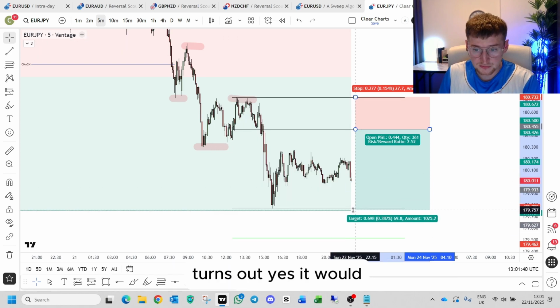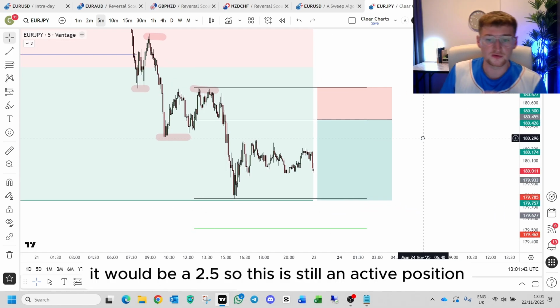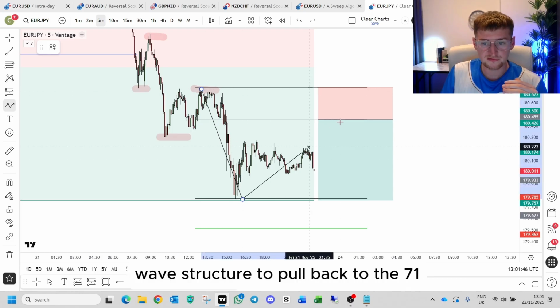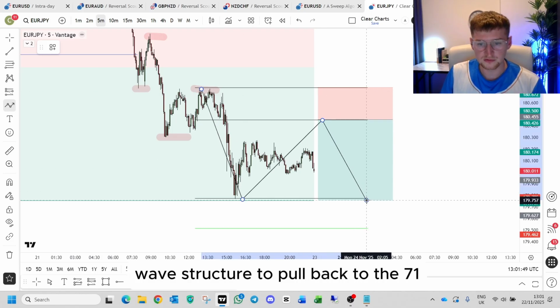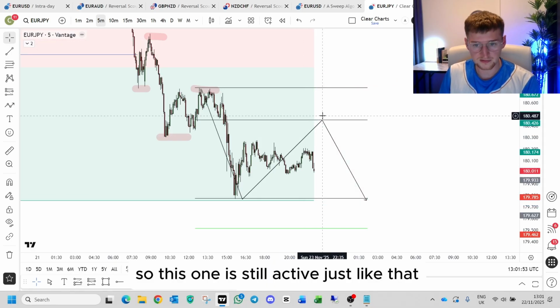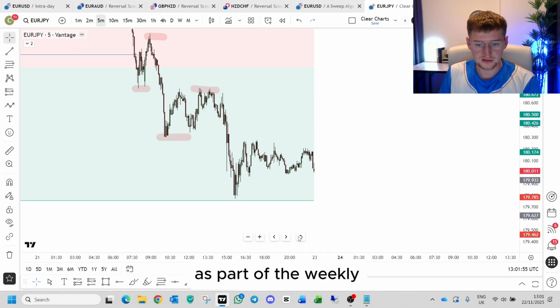Turns out, yes, it would. It would be a 2.5. So this is still an active position where we're looking for this wave structure to pull back to the 71 and come and hit our TP. So this one is still active, just like that. I'll remove it for now because it's not part of the weekly